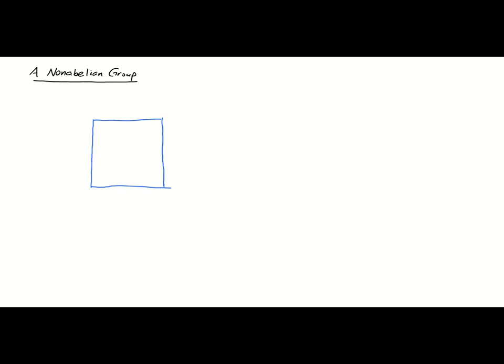All the sides are congruent, all the angles are right angles. Let's talk about all of the symmetries of the square. Now, the way that we use the word symmetry in this course is a little bit different from some of the ways that you might be used to using it. So in grade school, you might have learned that a symmetry is like a line that can be used to divide the figure exactly in half, so that both halves are geometrically congruent. And that is sort of part of the way that we think about symmetry here, but actually the way that we're going to think about symmetry in this setting is a symmetry